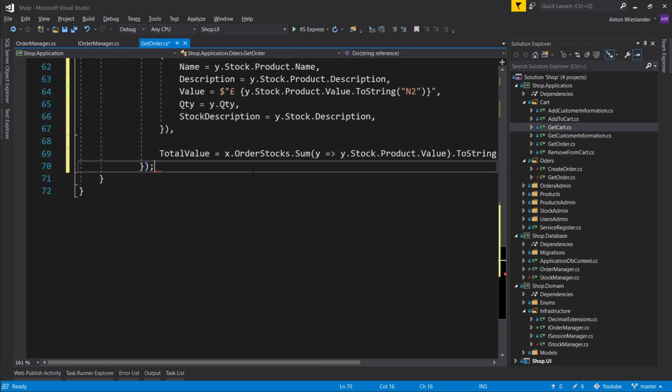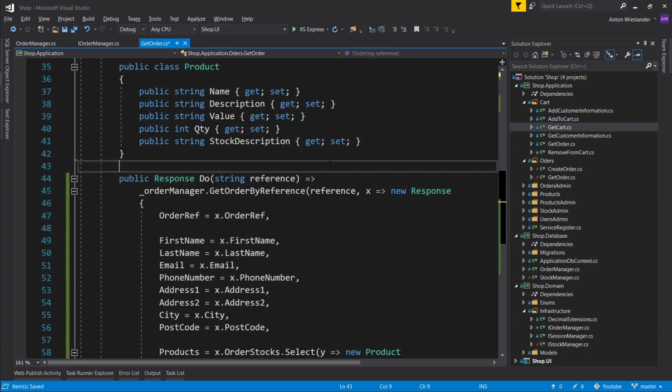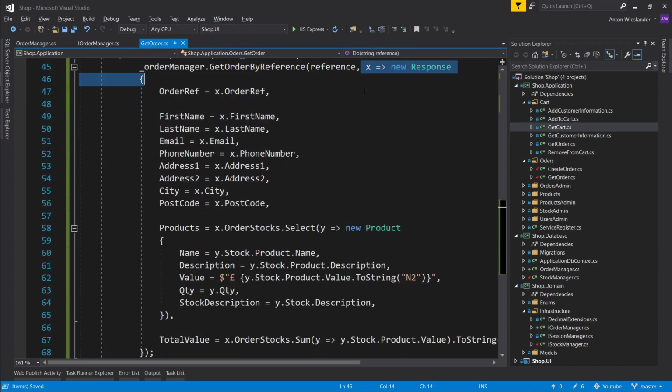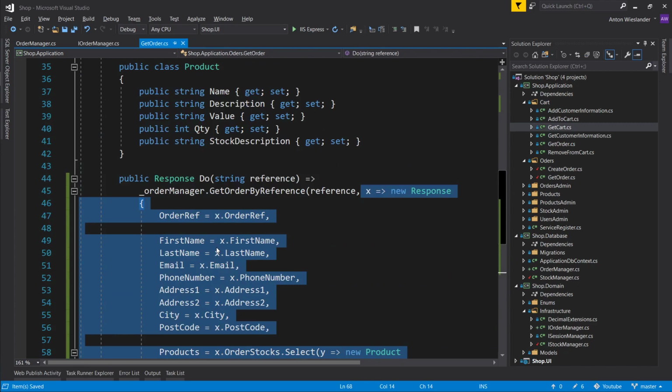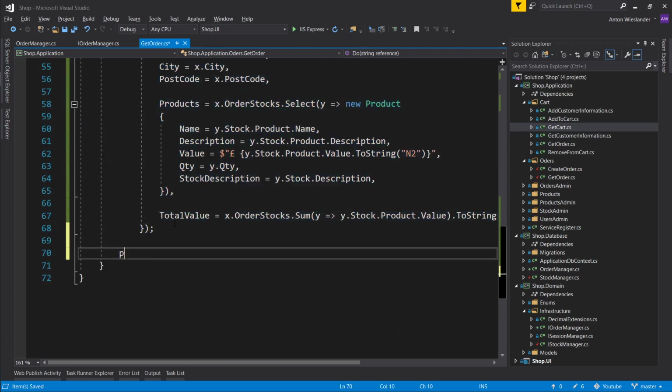Let's remove all of this and put a semicolon here. Okay, and this should compile. If you're not happy with this function being here like this, what you can do is create a private static func